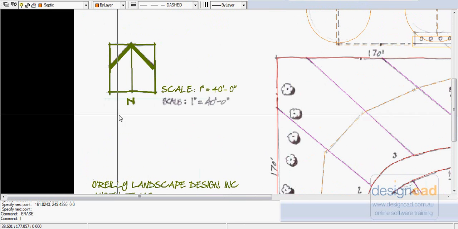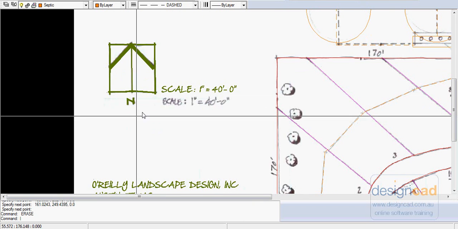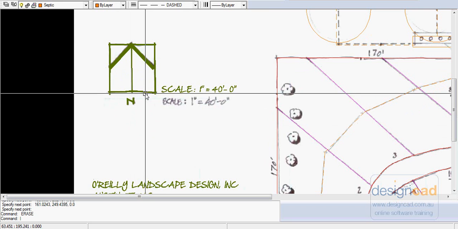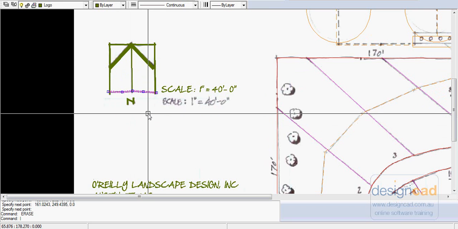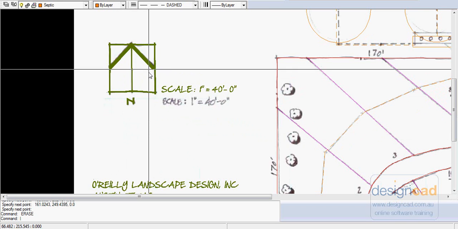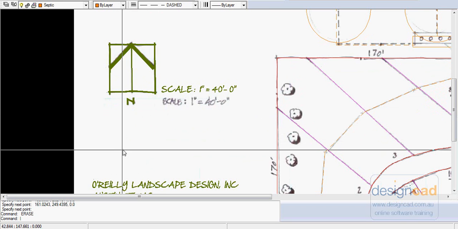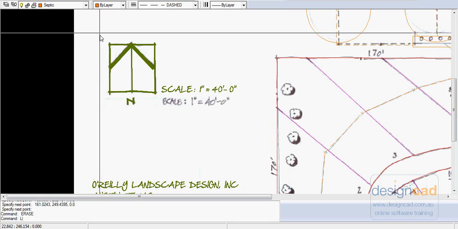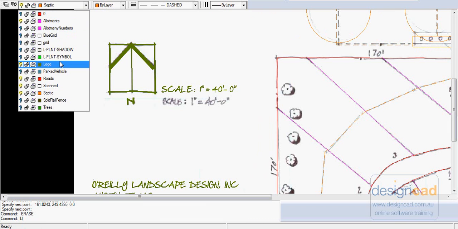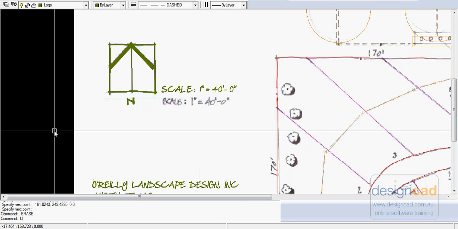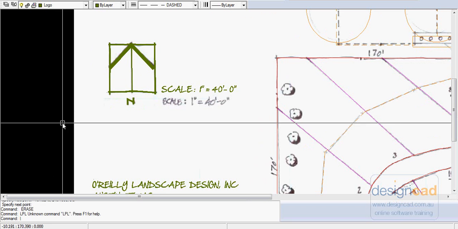When it comes to the, it's not a logo, it's a North Point indicator. What I've done there is use polylines to simply trace around the rectangle, and I've changed the width of those polylines. You may not have had experience in that, so let's do it. We'll switch to the logo layer. As I've emphasized, a good idea to separate things out on different layers, and I use the PL shortcut for